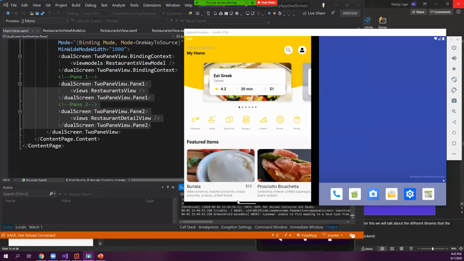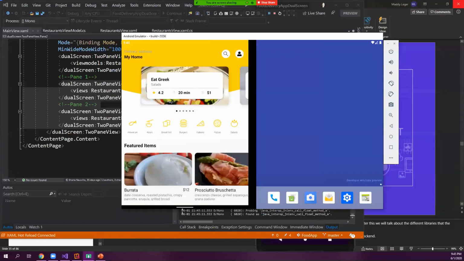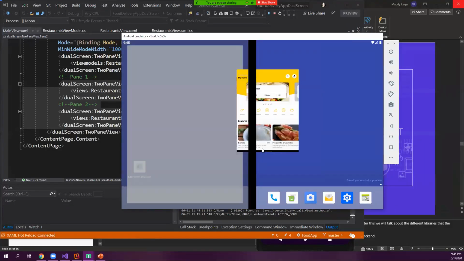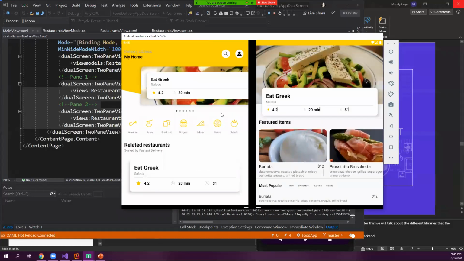So back to food. Burrata is delicious. It puts me in a good mood. This is a dual screen app. So it's just on the left side of this emulator here. Like I said, this is the Duo emulator. You can get it online right now. I'll drag it up from the bottom. I'll hold it across the two screens. You can see the app completely changes.